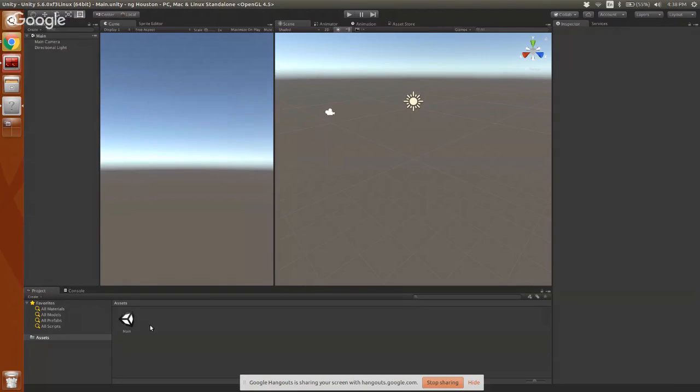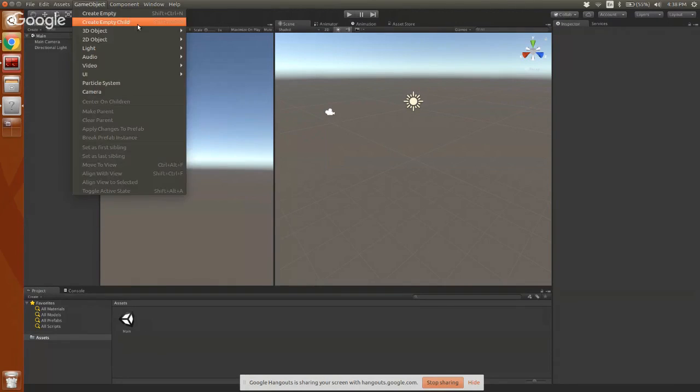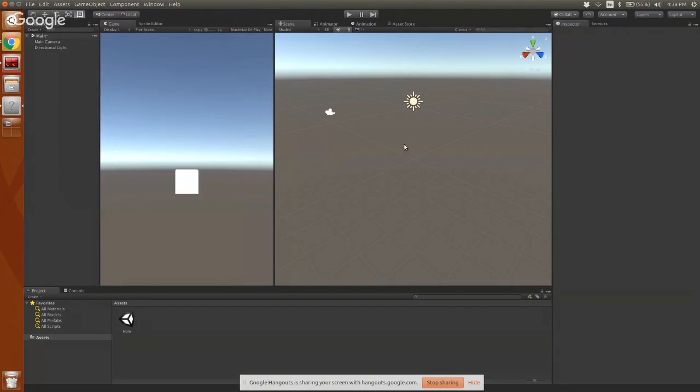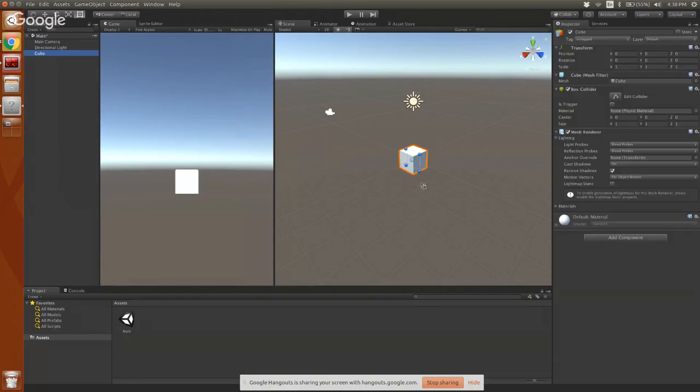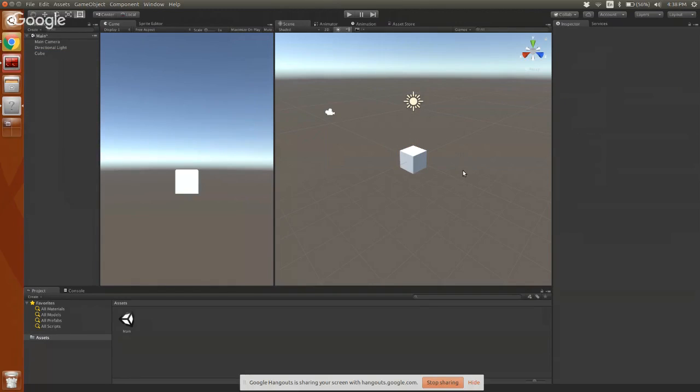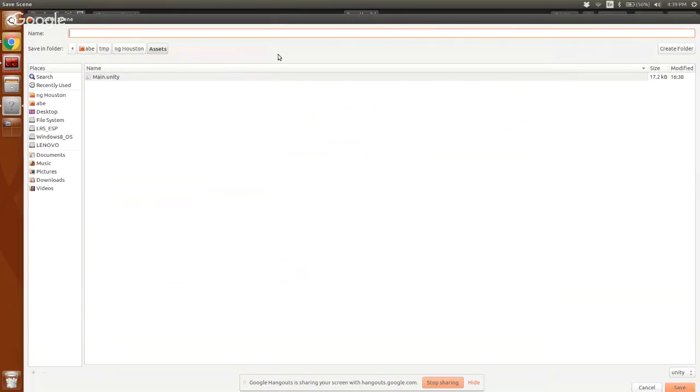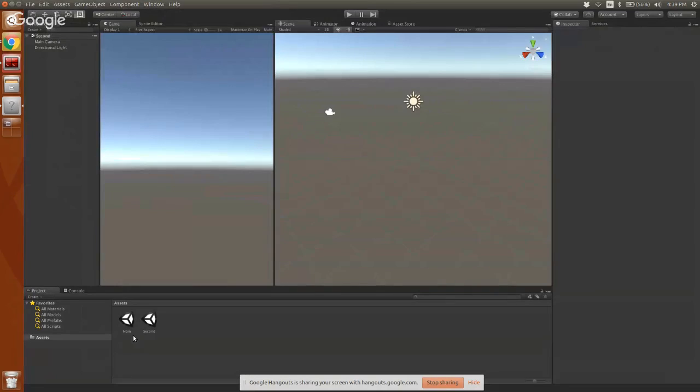But if I wanted to, we'll just add a game object, add like a cube into this. So we have this cube showing up. If I wanted to make a completely unrelated scene, I could save this and go to File, New Scene. And as you can see, that cleared that out because we're now in a different scene, and we can save this and say this is like second scene. And this shows up down in our asset panel below.